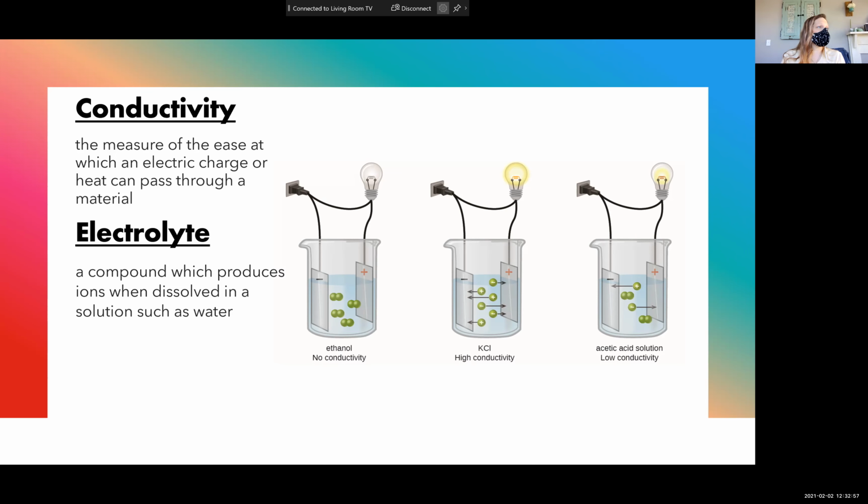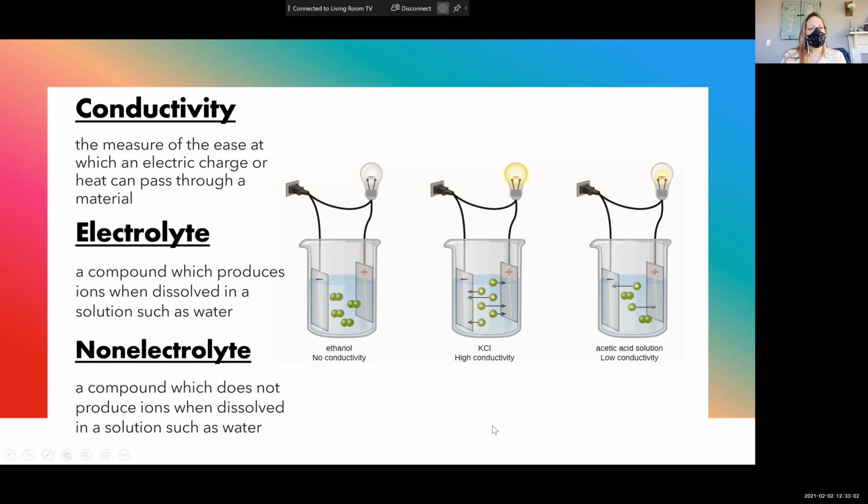You taste the salt in them. It's not like drinking juice, right? They're salty. That's why. Those are the ions that you're trying to get. And then your non-electrolytes is a compound which does not produce ions when dissolved in water or a solution such